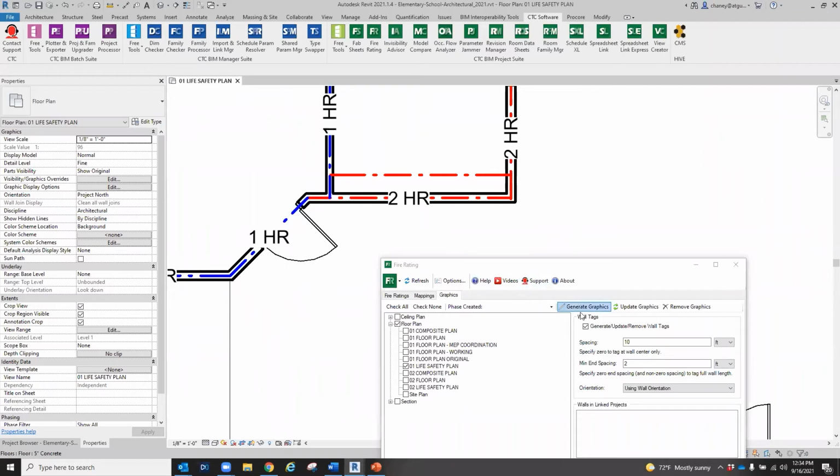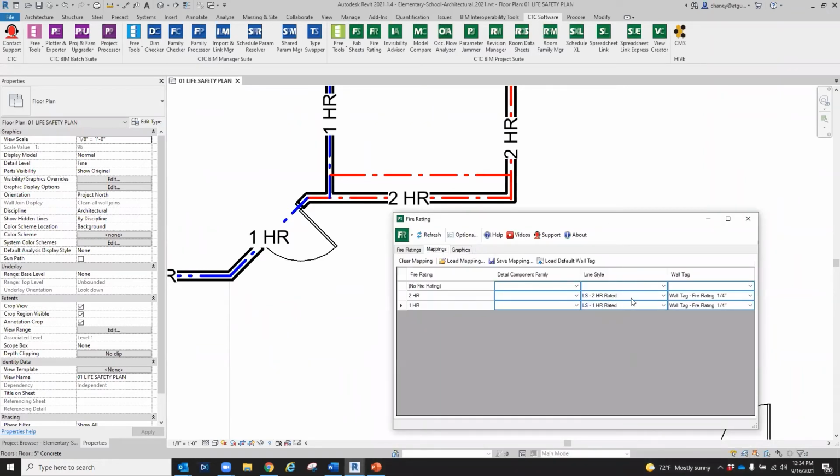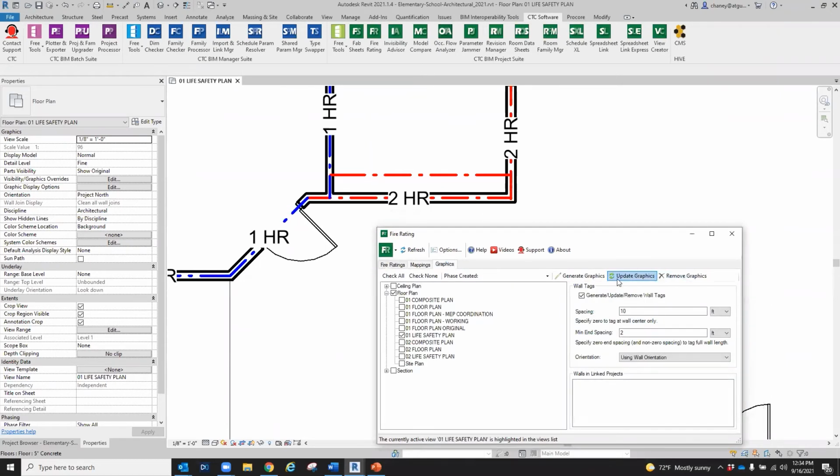Or if you've made changes, so say you come in here in your mappings and you change to a different color, or maybe you've got a new line style you want to use, the update graphics will make those changes. But if I remove the graphics,